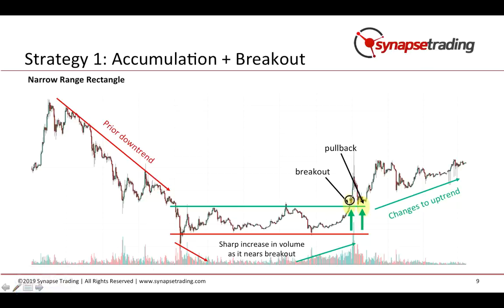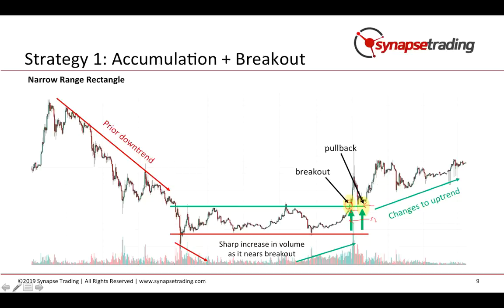Okay, so if you're entering somewhere here, right, your stop loss, you can place it somewhere here, or more conservative, right, place it in the middle of the triangle, the whole range, right? And if you enter here, actually, the entry is the same, right? Stop loss somewhere over here, or you can use this stop loss as well.